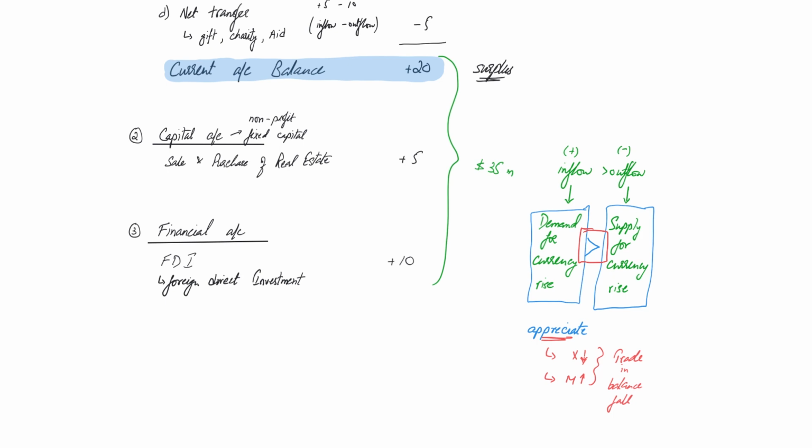So how to tackle this? If you have a plus 35, somehow if we are able to create an outflow of 35, the inflow of 35 will be offset by an outflow of 35 and our currency will balance off. We do this in a special account, which can be a fourth account, or it can be a part of the financial account, which is known as the official